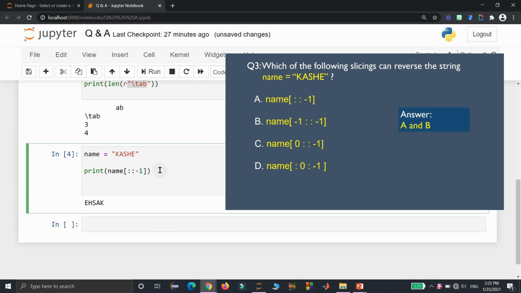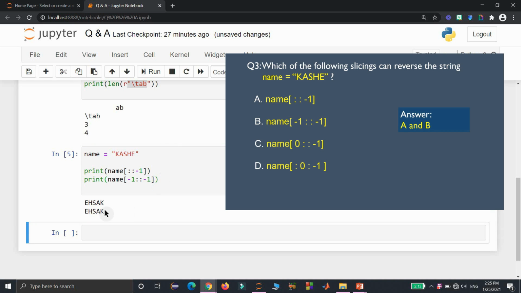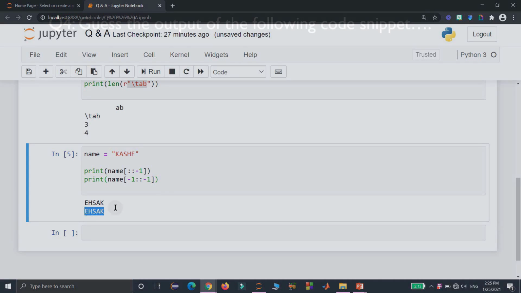In the same way we can use this second slicing also to reverse this string. So -1 is the index for the last character available in the string. Then we are going to start our string from the last character. Since the second argument is not present in the slicing, it will consider up to the beginning because the step here is -1. If I run the cell again, we got the given string in the reverse order.